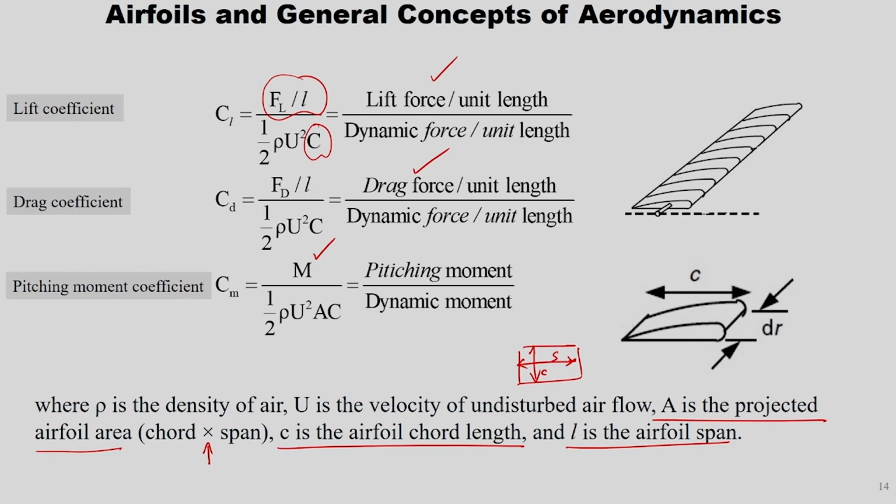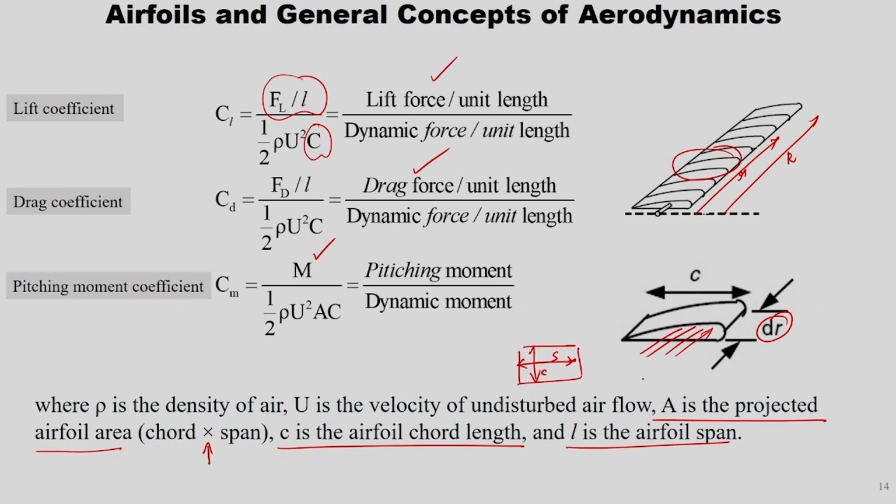Now you might be wondering, we were talking about the airfoil, where is that? How does it look? If this is the blade, this is the R direction, and this is the total capital R. If you take one particular section and cut it, this is the way it looks. This section is nothing but dr, and this is the chord length. So this is what we call an airfoil, and we discussed certain general concepts of aerodynamics